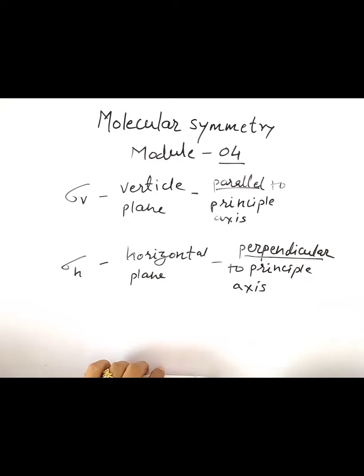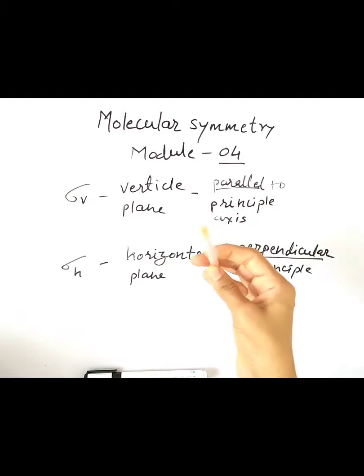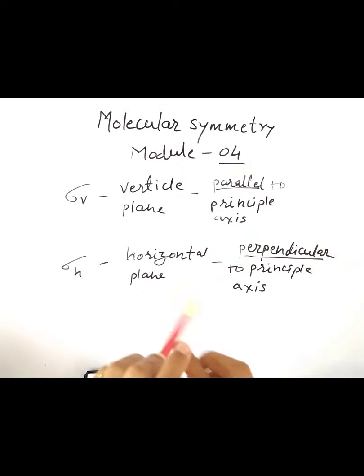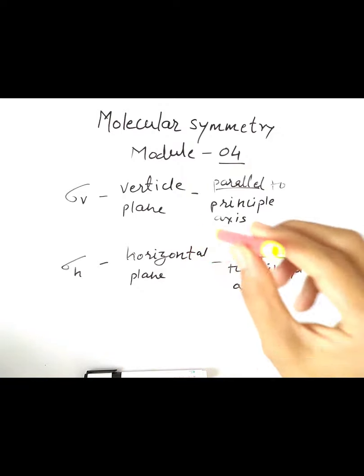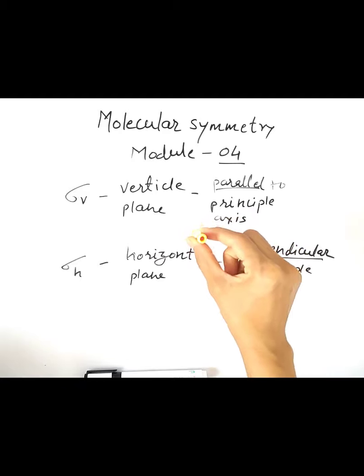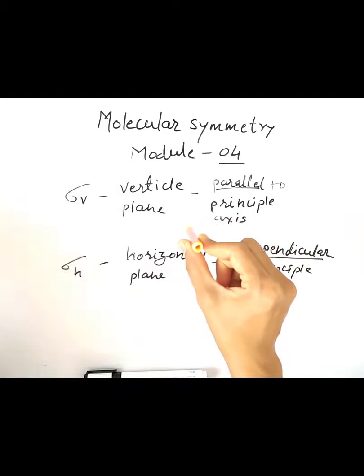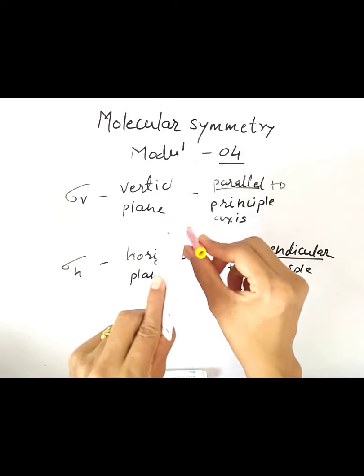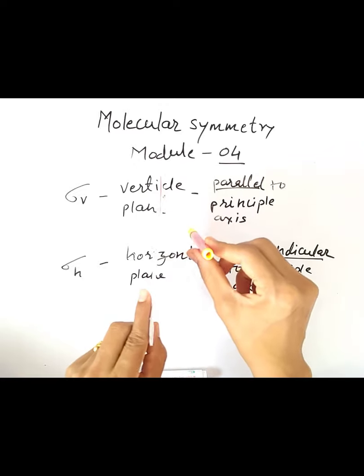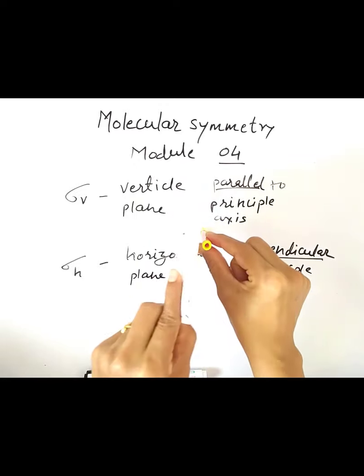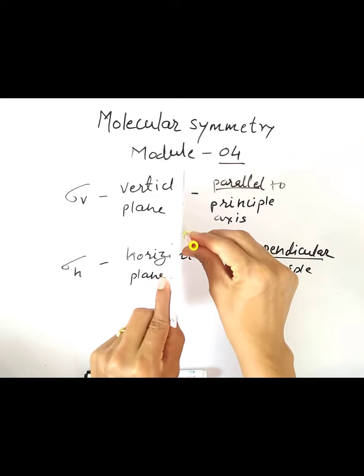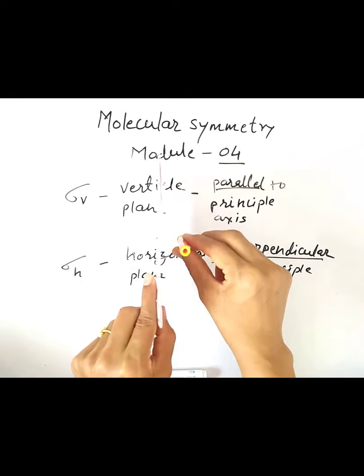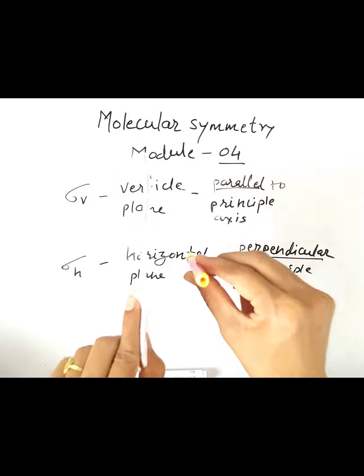While drawing the principal axis in the molecule, we have used a line. The principal axis is always shown by a line. Suppose in any molecule we are passing the principal axis like this, and the plane we have shown by using a square plane. If this is the principal axis and this is the plane, and they are in such a position, then it is called parallel. This and this, they both are parallel to each other.